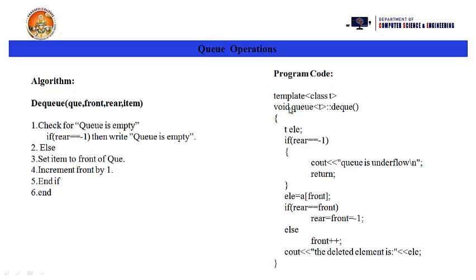And this is the algorithm and code for the dequeue operation. And this is the dequeue function. To delete an element from the queue, we need to check the condition with the rear position: rear equal to minus 1. If it is minus 1, the queue is underflow, which means empty. If it is not empty, then we can delete the element from the queue. But we need to check one more condition while deleting: if rear equals front, then we set the front and rear positions to minus 1. If front and rear are not equal, then go to the else part. Simply we increment the front value, then we can delete the element from the queue.